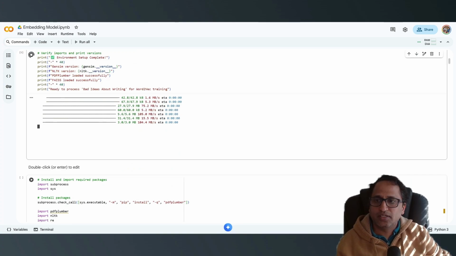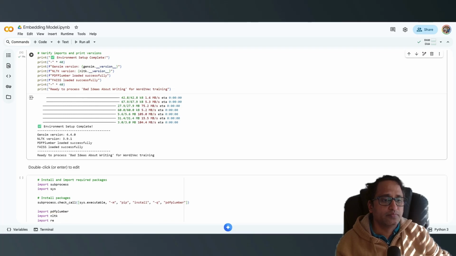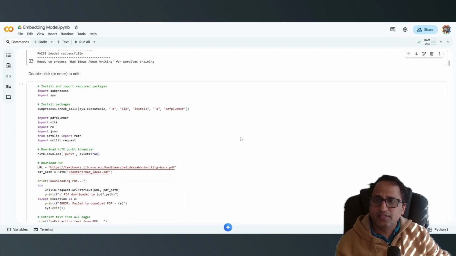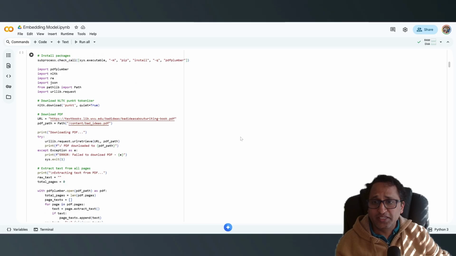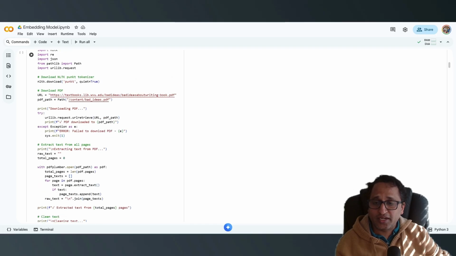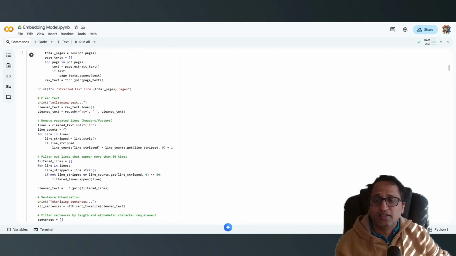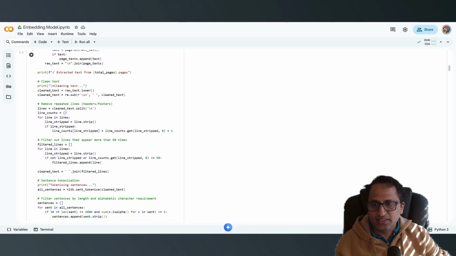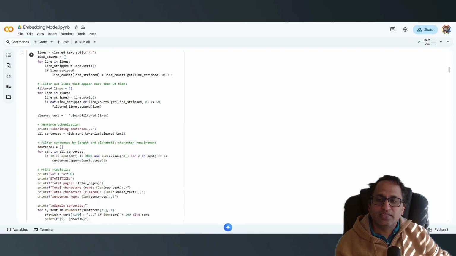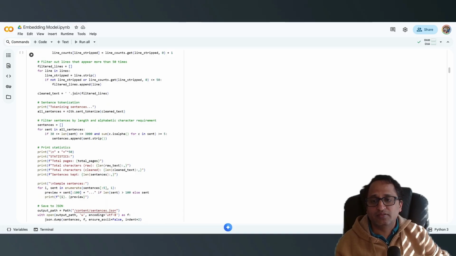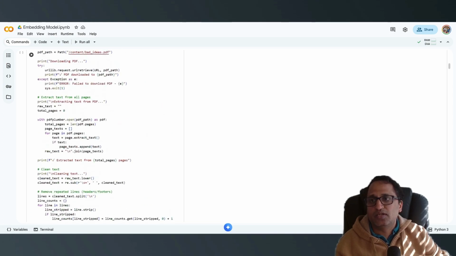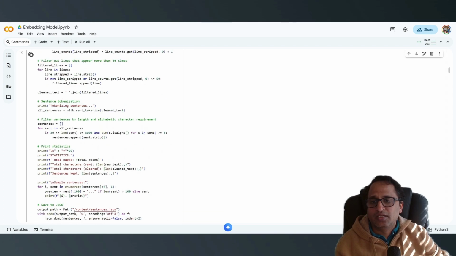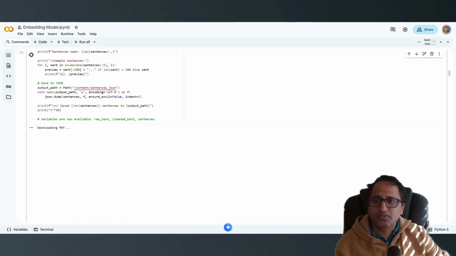So it might take some time to install all these libraries. So now it has installed all the libraries. The next step is we need to download this PDF file, extract the text from the PDF file, and then tokenize the sentences to create a sentence tokenization, which will form our training data where we train the model, right? So when I run this, you can see that it is going to download